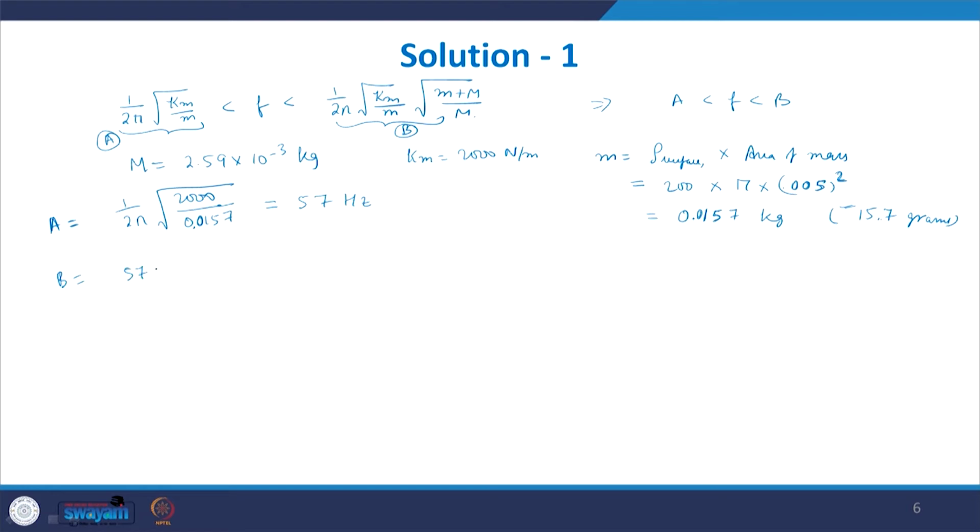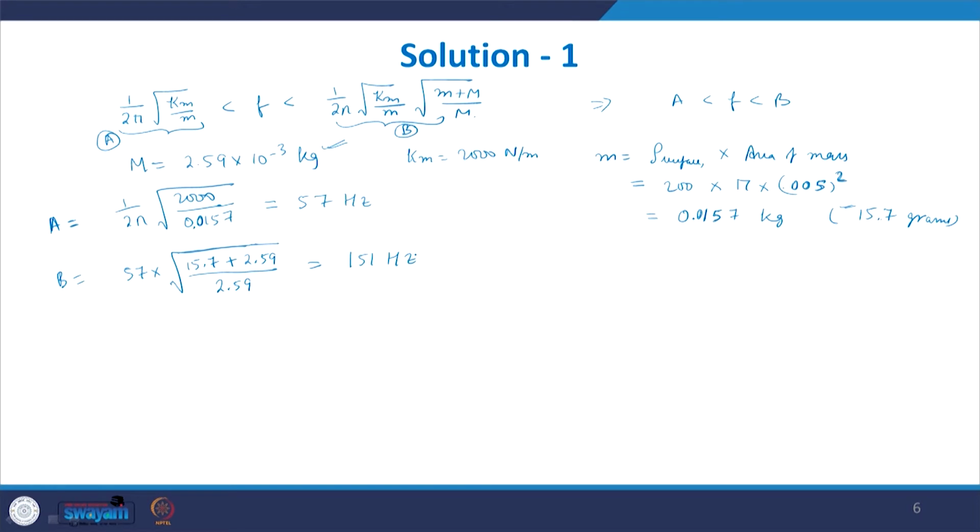So it will be 57 hertz multiplied by small m, and let us take both the numerator and denominator in grams, because that will make our calculations easier. We can reduce some powers. So it will be 15.7 plus the value of capital M that was calculated as this, so it is 2.59 grams. So we have taken 10 to the power minus 3 and removed it, divided by 2.59. So what do you get? This value becomes approximately 151 hertz.